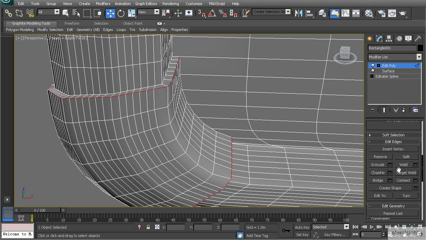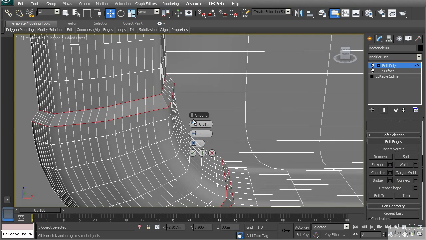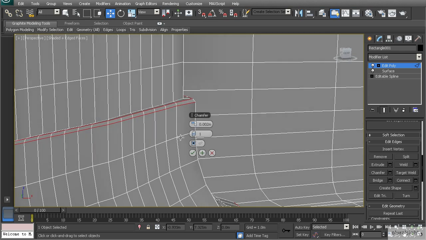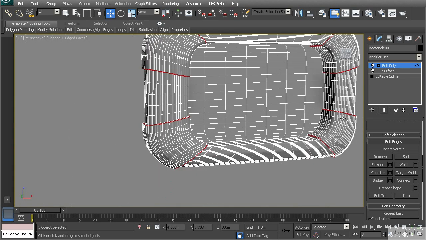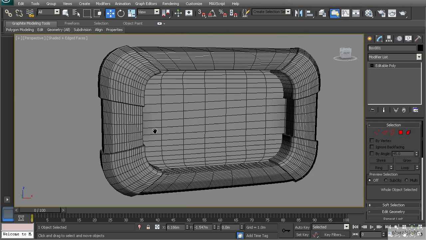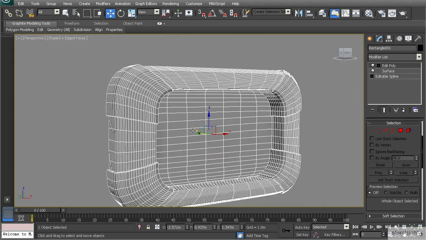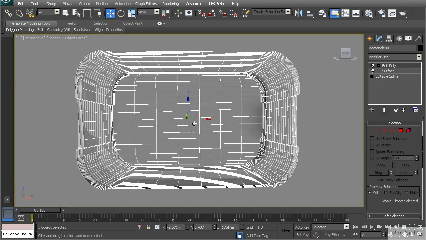And then I'm going to use chamfer just to soften up those edges. So I'm going to bring that down to something kind of along these lines. Alright, so I can turn that off, and now I have my med box that I've created here